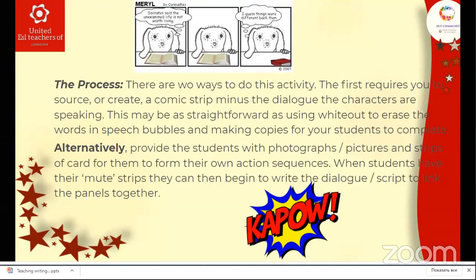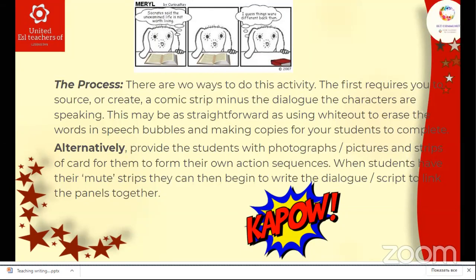The first requires you to source or create a comic strip minus the dialogue the characters are speaking. This may be as straightforward as using the whiteboard. You also can use the whiteboard for this activity.